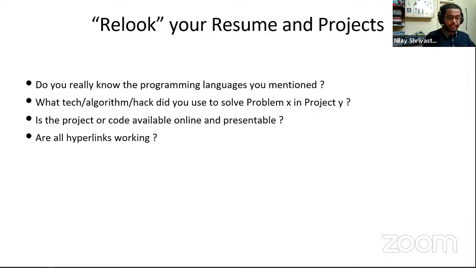Something related to putting your projects online: I've noticed that these days you find resumes that are interactive, in the sense that they contain hyperlinks that point to different websites or your profiles. So make sure that the link to your project's URL is working and your project looks good. It casts a positive impression in the mind of the person who is checking out that particular app or tool. So what happened during a particular mock interview was that